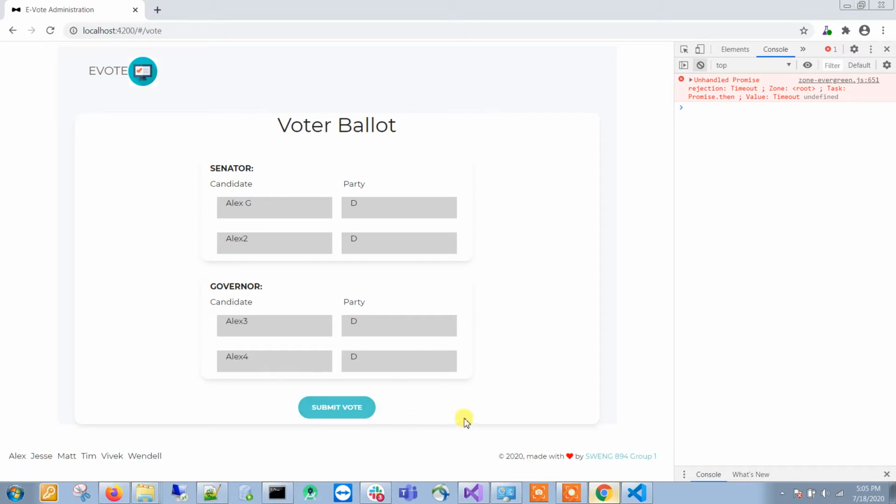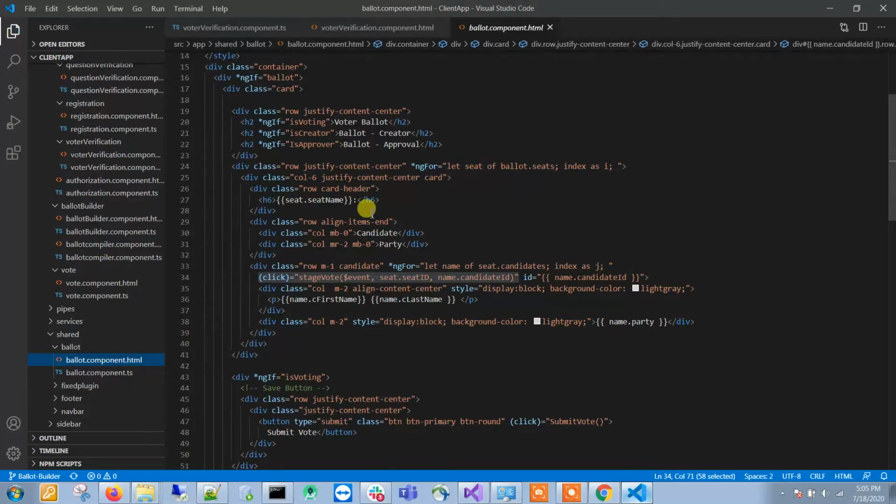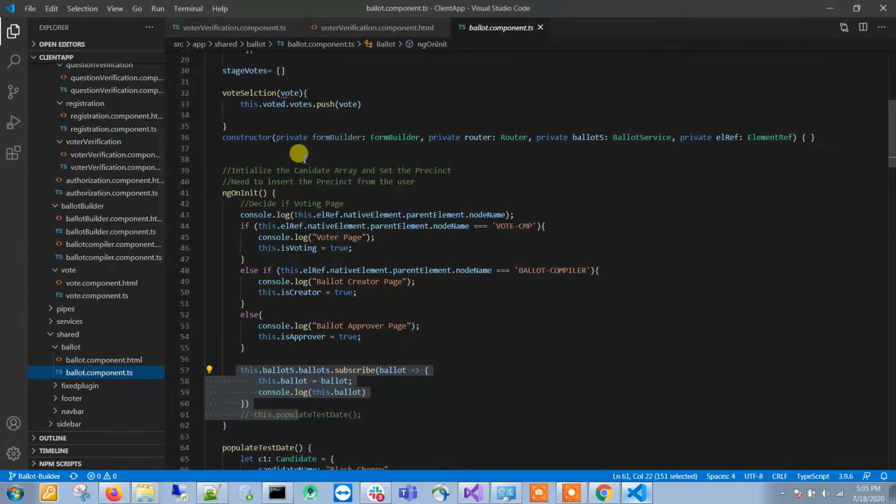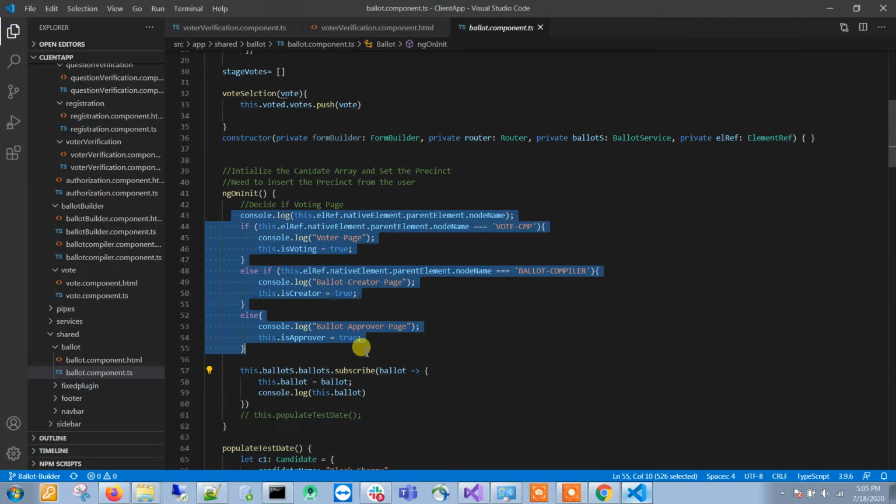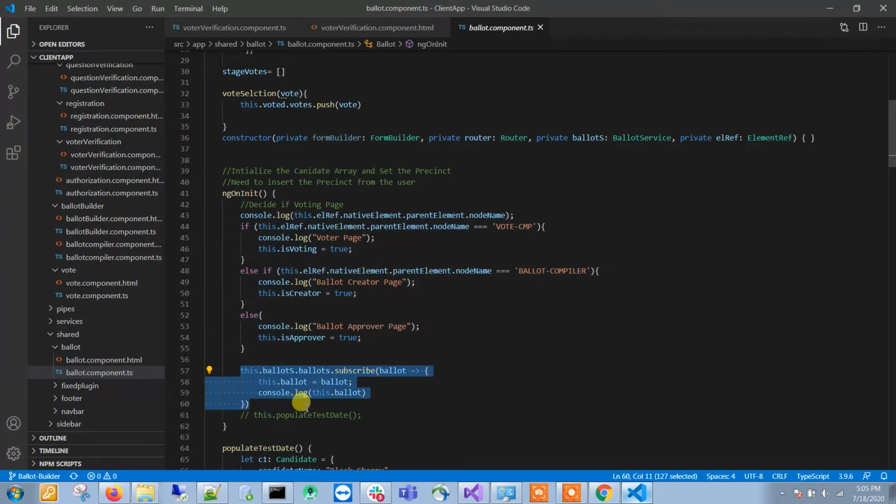This is actually the ballot that's called for three different functions: for voting, for creating a ballot, and for authorizing a ballot. If we go into the voter ballot, you can see on Intuit it decides which one of these it is. It also dynamically creates the ballots on the page from the database, depending on which one it is. We are a voter page, so it'll determine different things like different buttons or a different header and such,